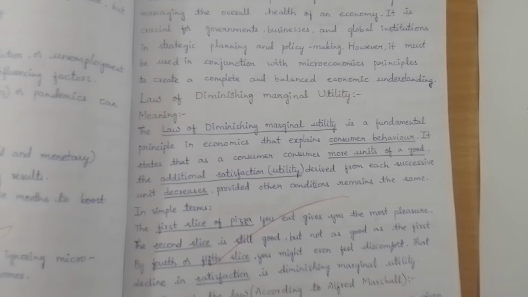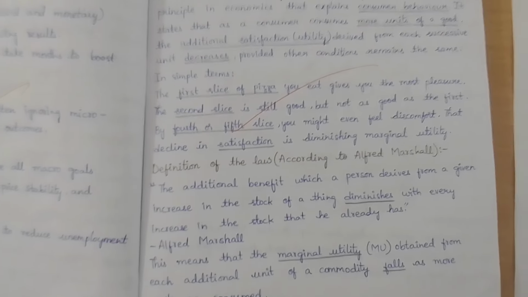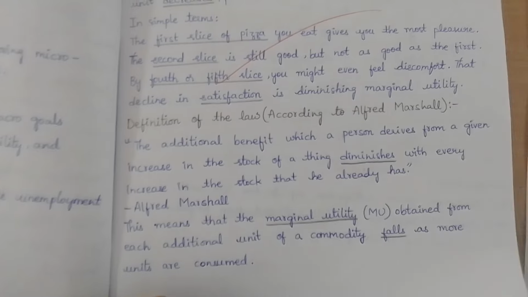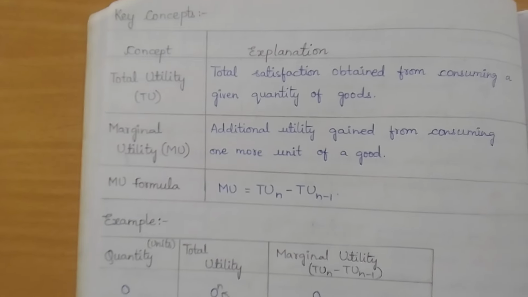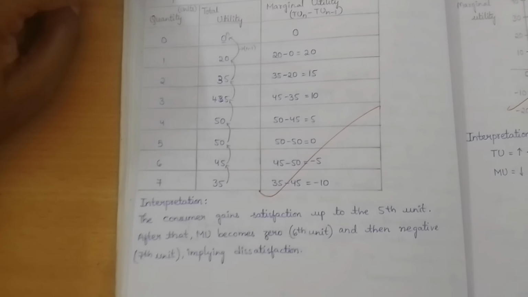Now, most importantly, when you start writing law of DMU answer, it's very simple. When you start writing law of DMU, you will have to start writing in this way. You'll have to write what law of DMU means, law of diminishing marginal utility. You will have to define it, who has given the definition, who has invented law of DMU, key concepts of it. There are 3 different aspects that you will have to understand when you are learning law of DMU. Then you will be having a table. This is the most important aspect.